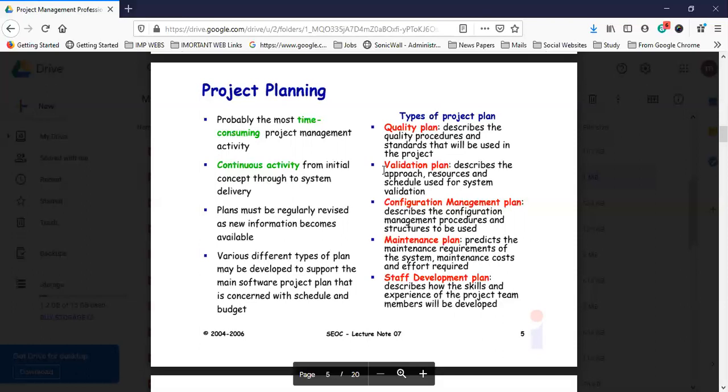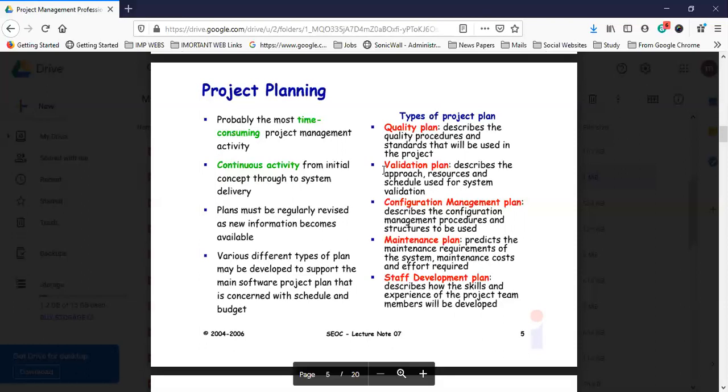So whatever plan you suggest, we have to take care of scheduling and the budget. Types of project plan are quality plan, validation plan, configuration management plan, maintenance plan, and staff development plan. So we have different sorts of plans you can create, but it depends on what type of business you are doing.